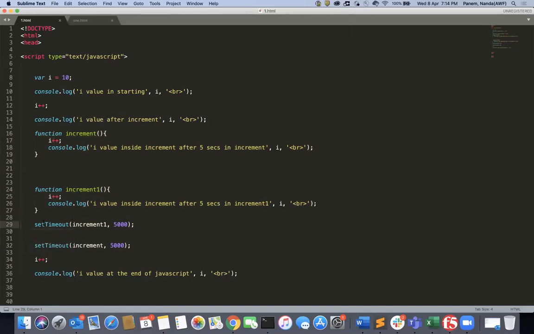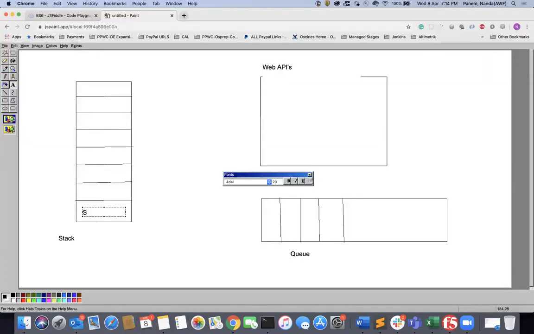So what is happening here? There is a setTimeout. Whenever there is a setTimeout method, what happens in JavaScript is that this is blocking code or an asynchronous operation. This setTimeout will be moved.